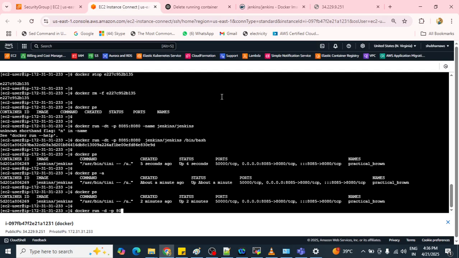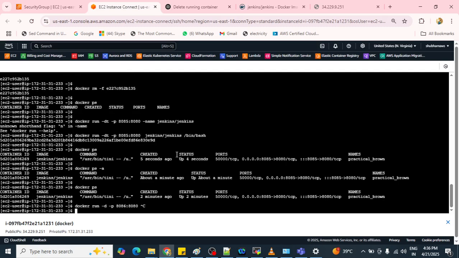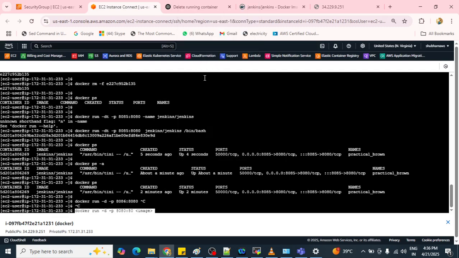So our port is 8086, then 8080 for your Jenkins, and the image. Yeah, this is your image. We need to paste it.